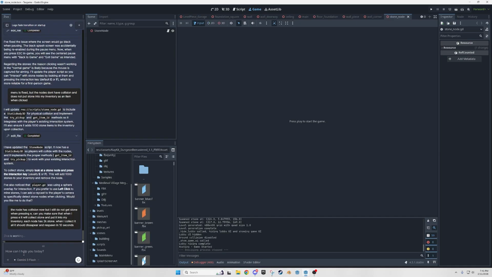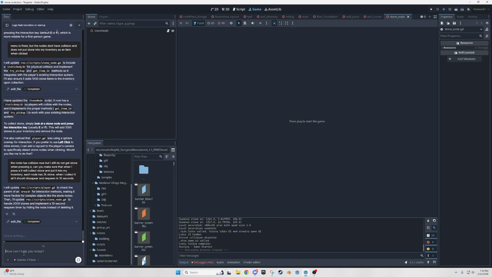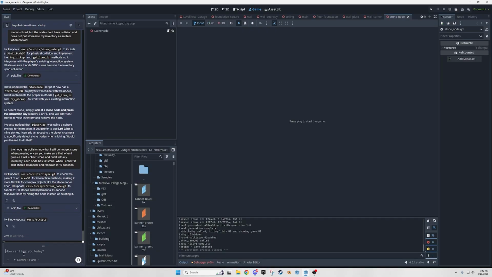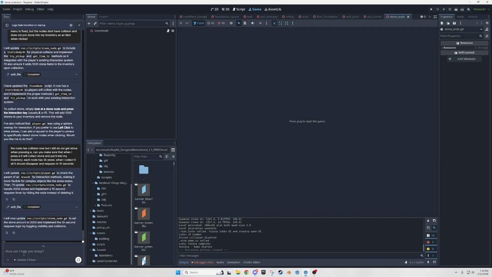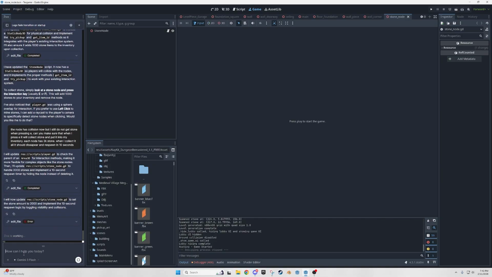So what I'm getting at when I'm trying to test is, once I get a 3D model of a stone that players can collect, I want it to randomly generate onto the map. I want players to be able to go up and collect it, and it will disappear and then respawn in a certain amount of time. And then eventually I'll ask it to not respawn the node if it's within a certain distance of a player building, so it's not spawning inside of things like that. Godot's done a really good job with those kinds of requests.